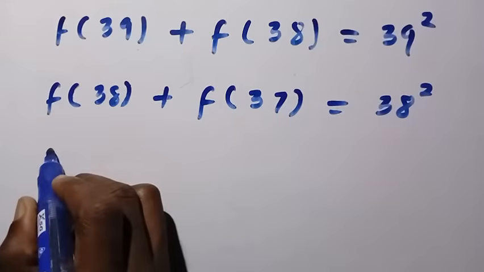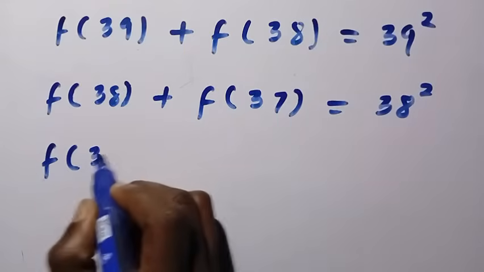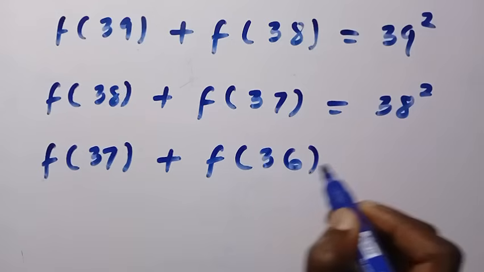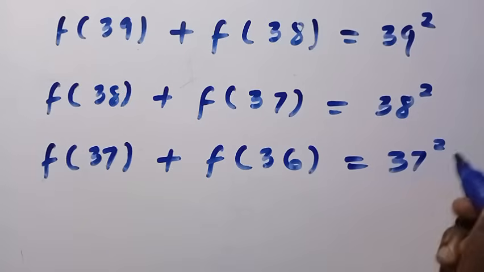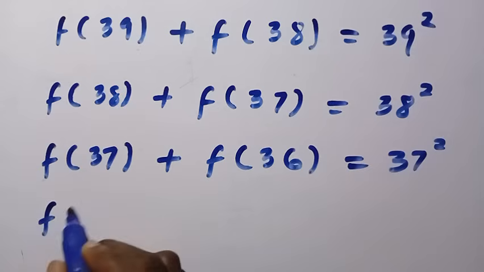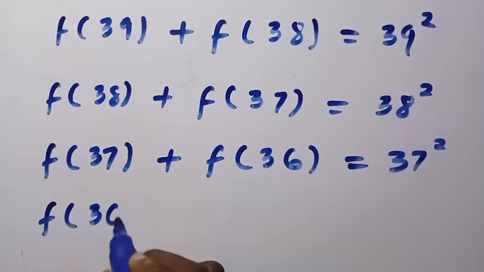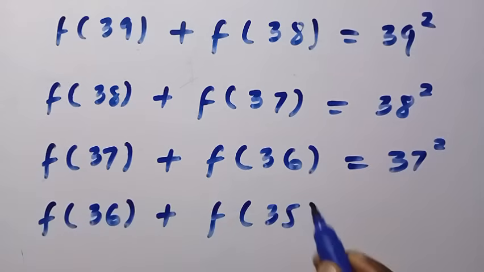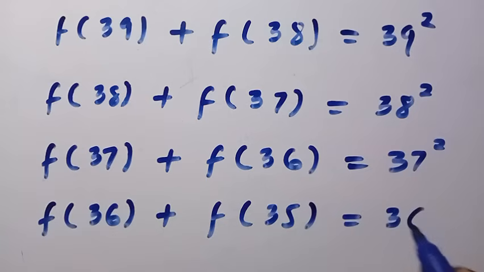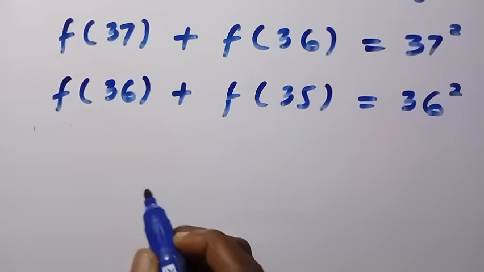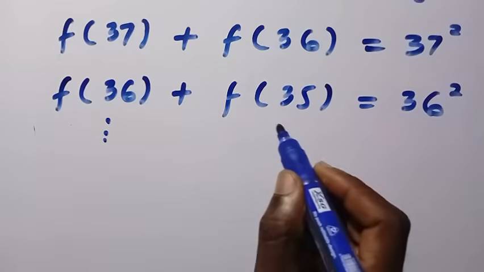And let's consider two more. If you have f(37) + f(36), this equals 37². And again, if you have f(36) + f(35), this equals 36². And this is how we continue till we reach f(11). So when we continue like that,